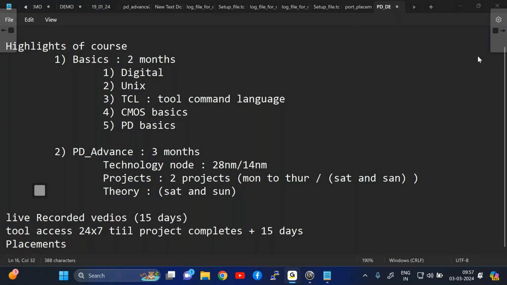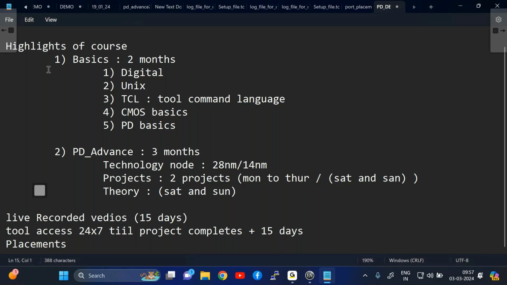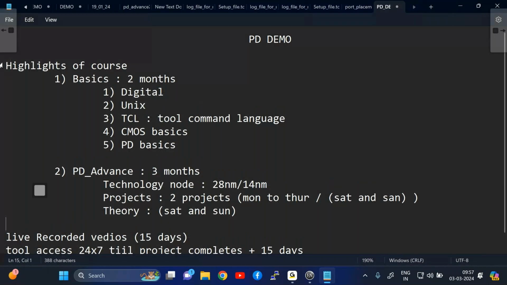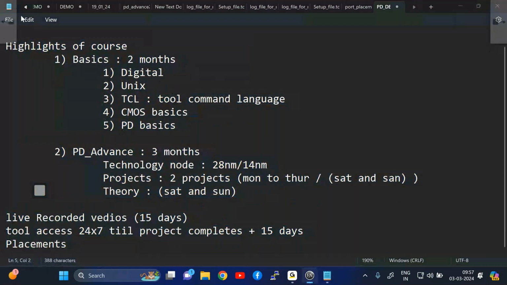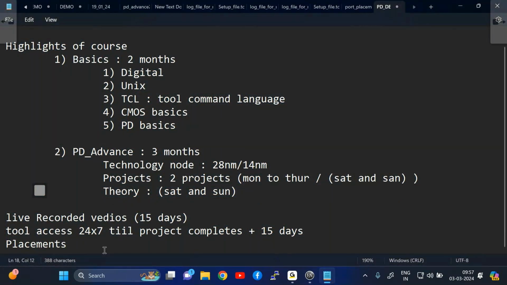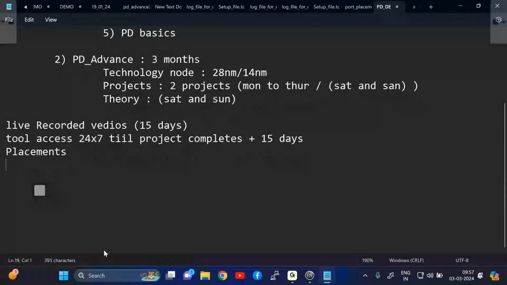So why do we want physical design? Today's agenda is to give the highlight of the course. The first thing I've already done; it is a major agenda, the highlight of the course. The second thing is, many will be freshers. They don't know what physical design is. The second agenda is